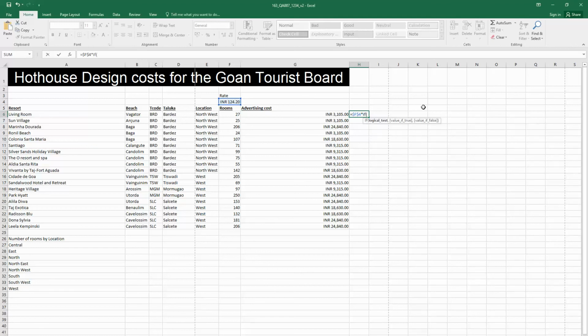IF, open brackets, F6 is less than or equal to 50, then 25. This means every time it will just relate back to this. Okay? Else, IF, open brackets,